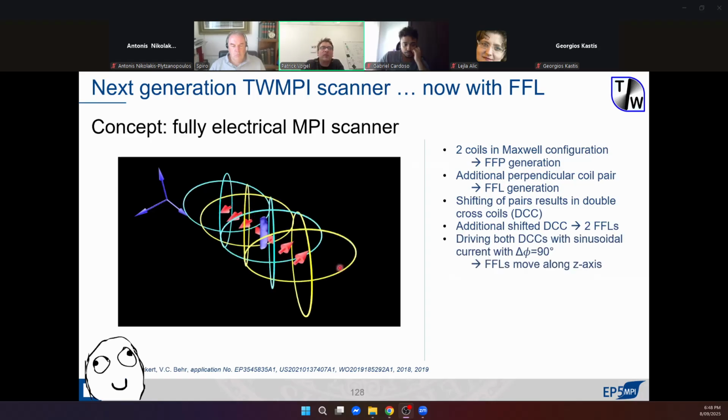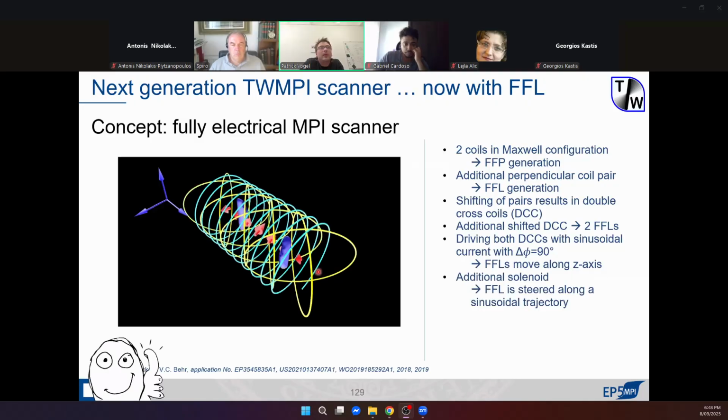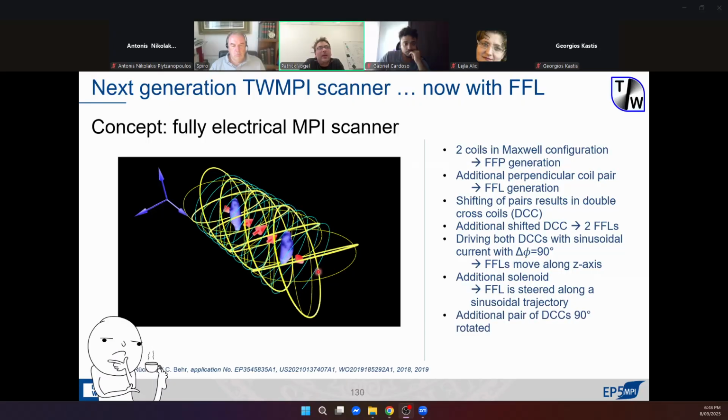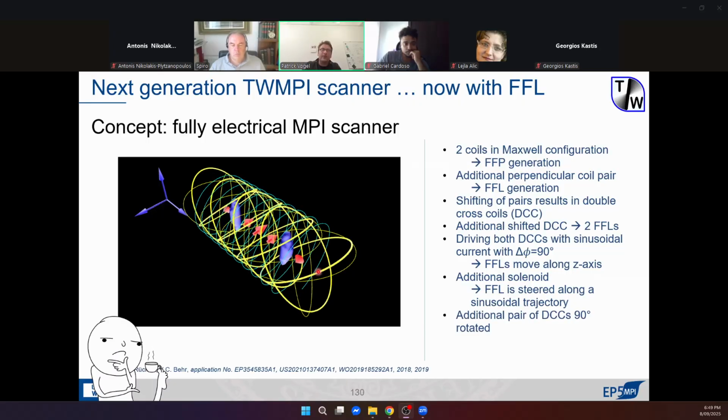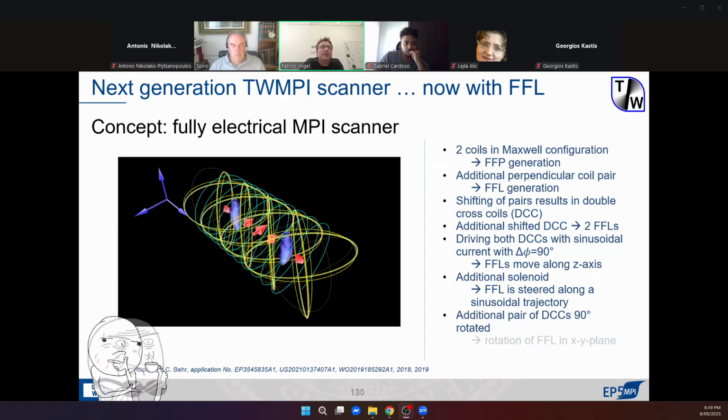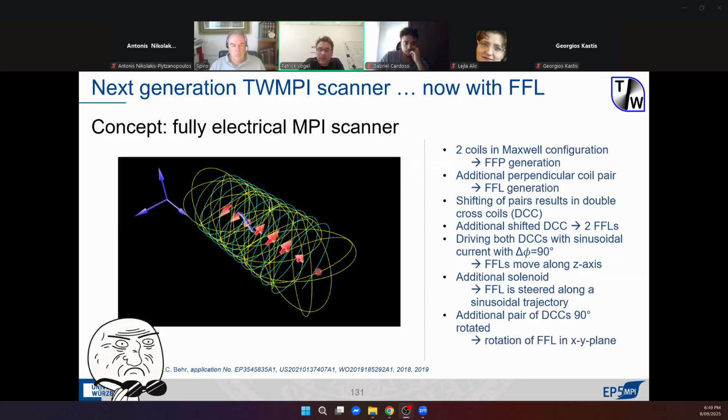Then the traveling wave approach again: we can generate traveling field-free lines through the scanner, and by adding additional coils, we can also displace these field-free lines. And by adding this in another direction again, we can generate quite easily a fully electrically driven field-free